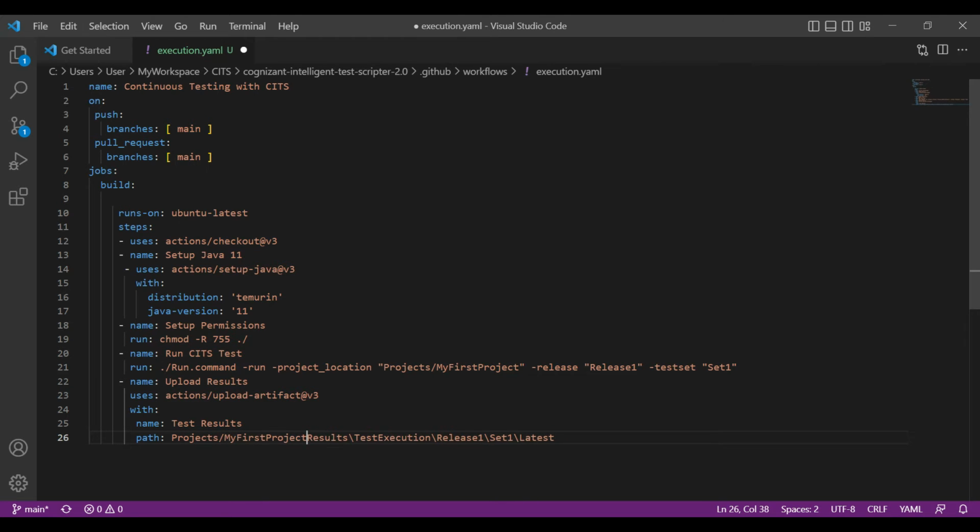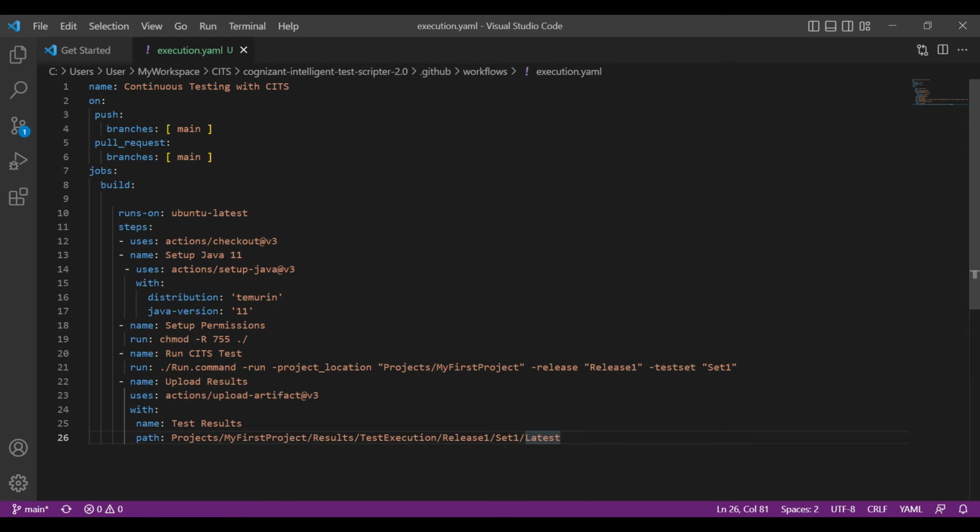We're going to reverse the slashes, and under my first project, under the results folder, under test execution, under the release 1 and set 1, and under the latest, we will have the test results. So this is what we need to execute. So the YAML is more or less ready,